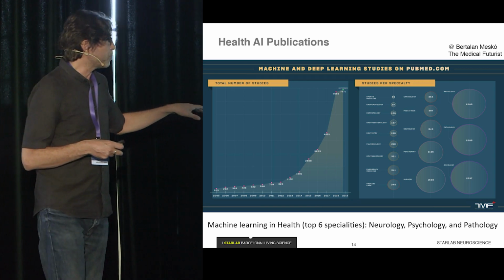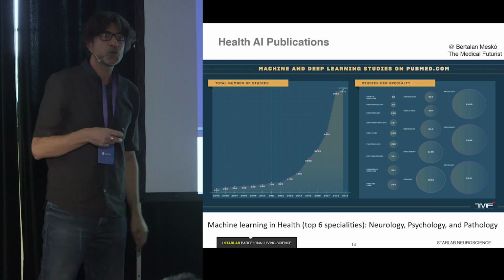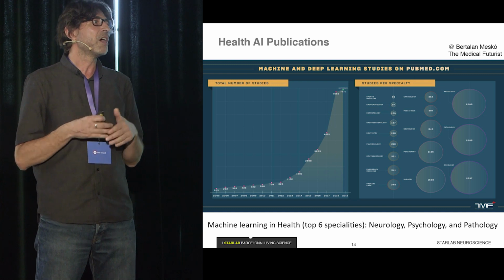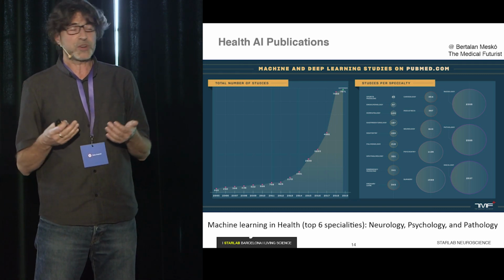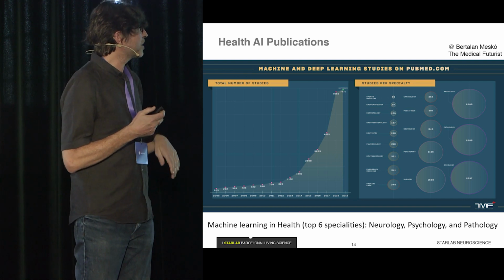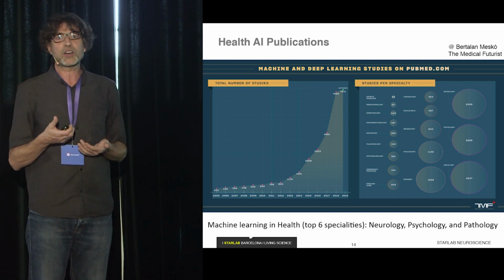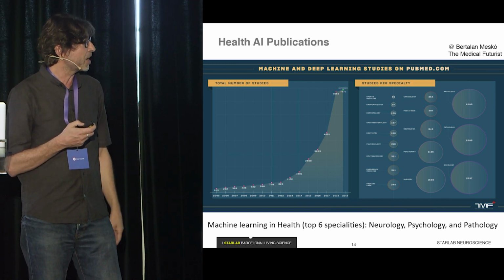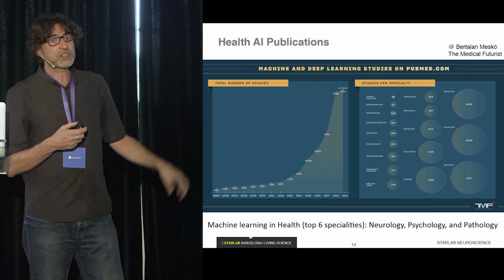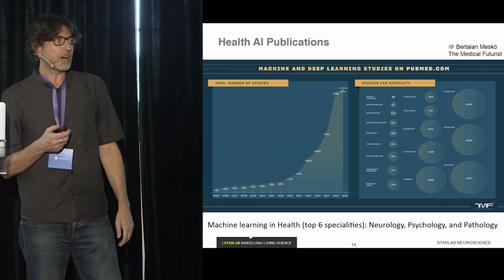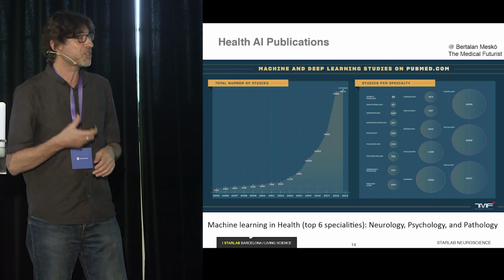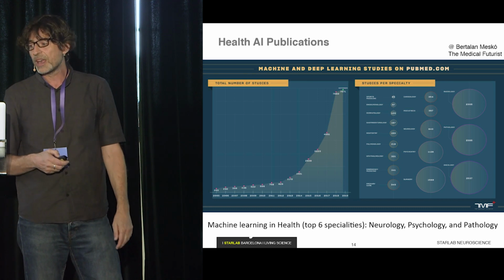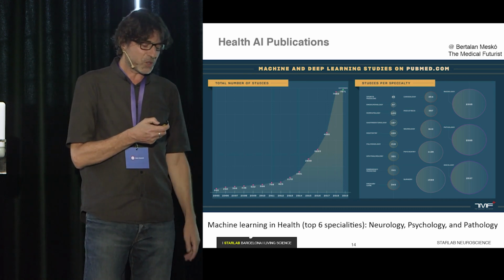This graph is a plot of the years from 2005 to 2019 of the number of publications in PubMed, which is a repository of medical science papers. These are the numbers of publications that mention machine or deep learning, or that comment or present works on machine learning and deep learning. So there is an exponential growth. And in the top 6 specialities of this profusion of machine and deep learning algorithms, there are neurology, psychiatry, psychology. This is important to take into account.